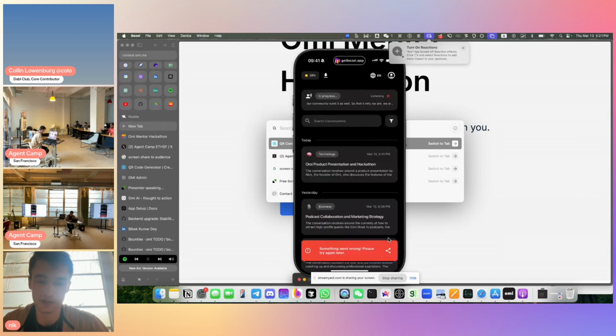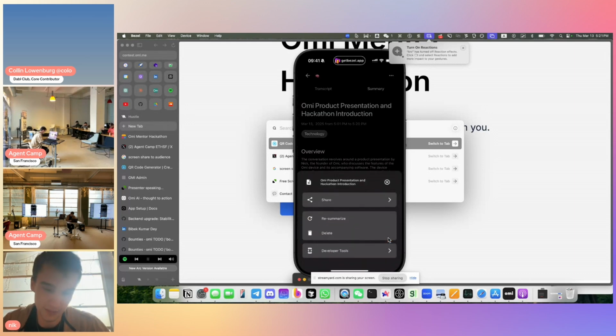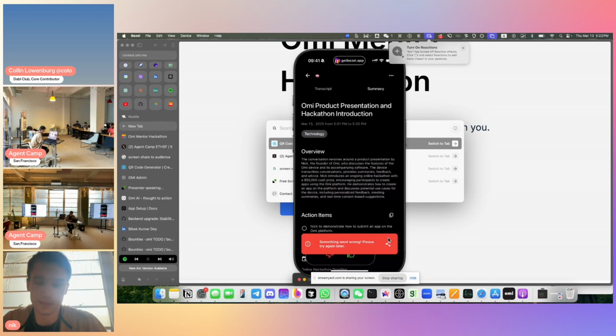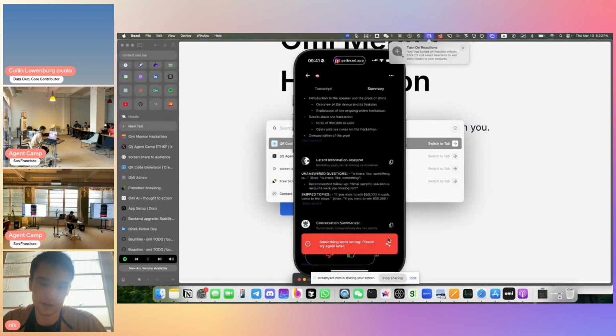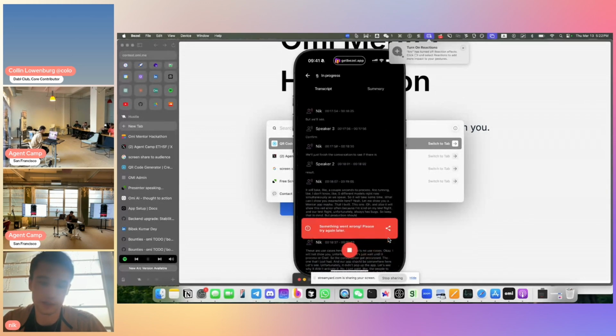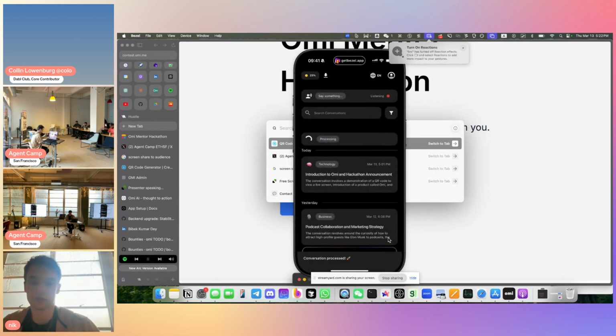Jesus Christ. Okay, cool. Let's see. Let me re-summarize pretty quick. Oh, and by the way, the reason why we probably will not see that app that I've just created is that all apps trigger automatically, so they need to catch a lot of relevant context. Since that app is detecting arguments, the entire conversation should be one huge argument. Otherwise, it will probably not be triggered. But let's see if it got triggered. No, it didn't. Maybe we should start a new conversation here and see if it gets triggered on a new one.